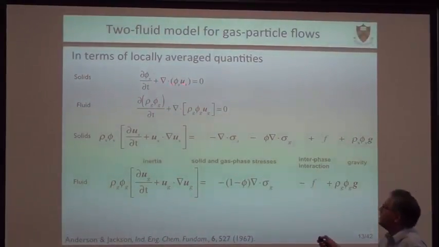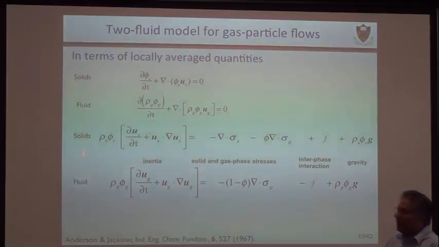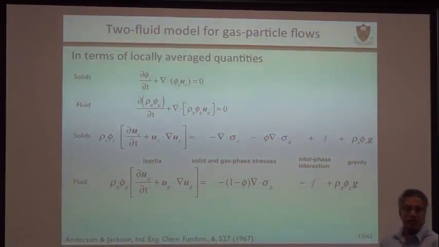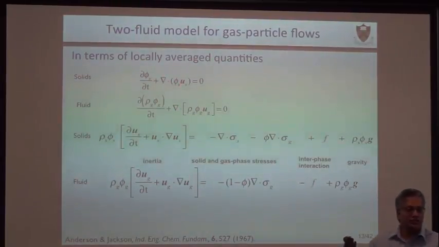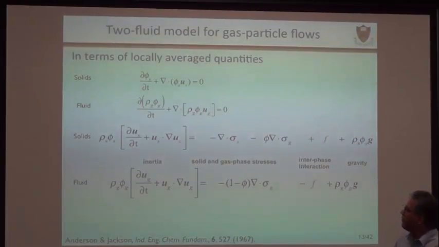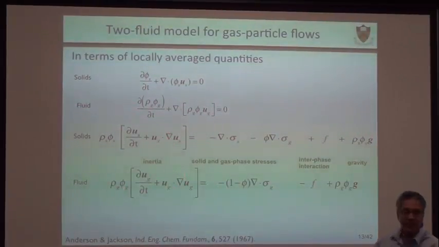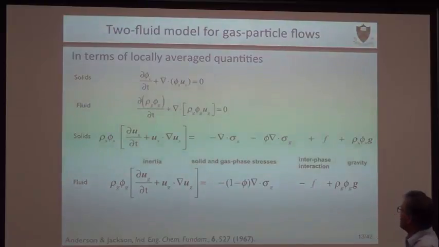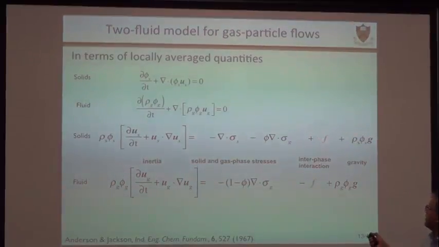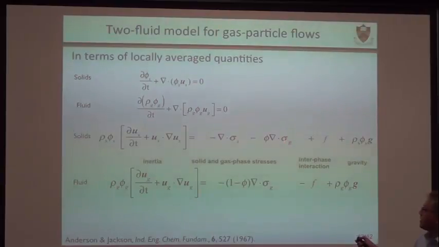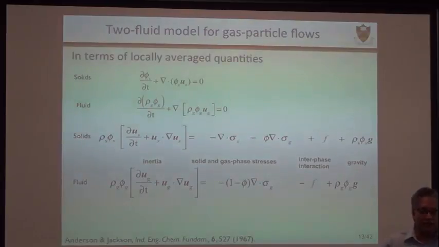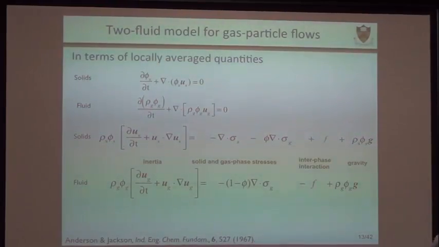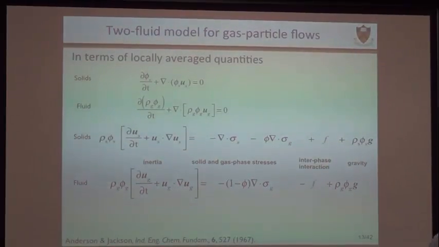So if you look at this equation, we have continuum variables, but there are no unknown terms that require constitutive models. And if you look at the momentum equation, on the left-hand side, there are no terms for which you need constitutive models. On the right, I need three terms. What is the stress in the gas phase, and what is the stress in the particle phase? All the details of what happens at the particle scale have been lumped into these three terms for which we need to develop constitutive models. And what you put in there dictates the behavior of the flow.